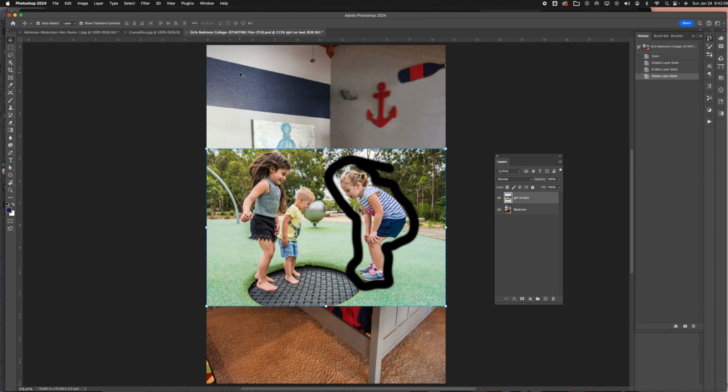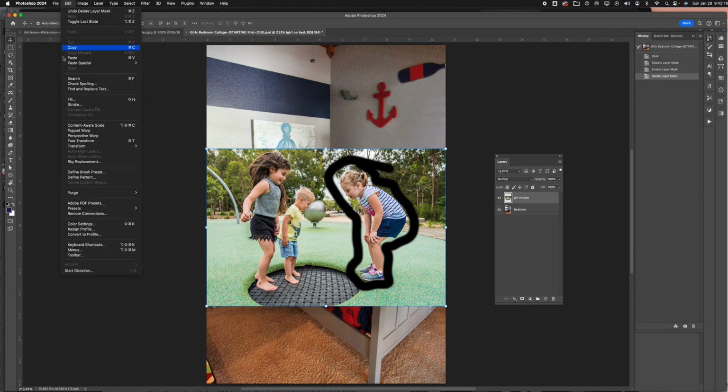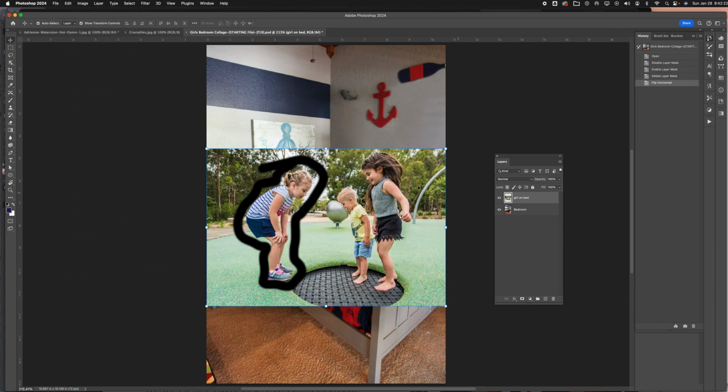I'm going to go fast because I only have 15 minutes. YouTube doesn't like videos that are longer than that. So if you need to pause it, just pause it. All right, so flying right along. I'm going to flip this image, transform, flip horizontal. And using the object selection tool,